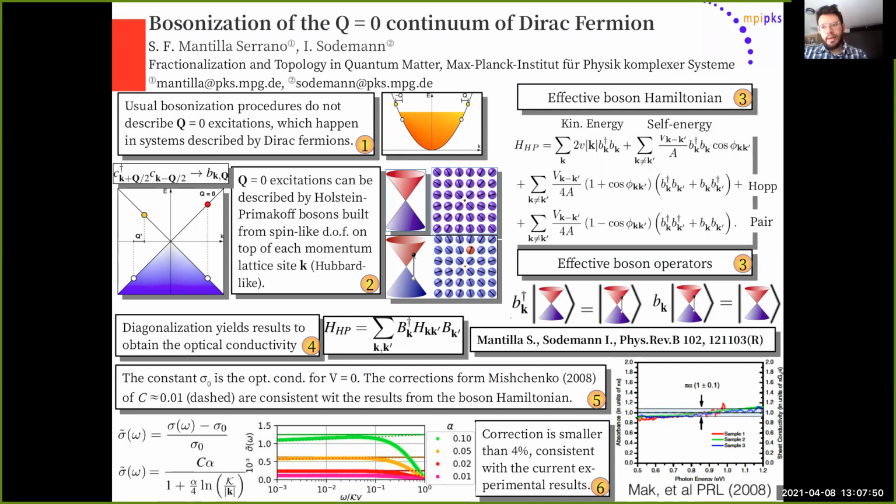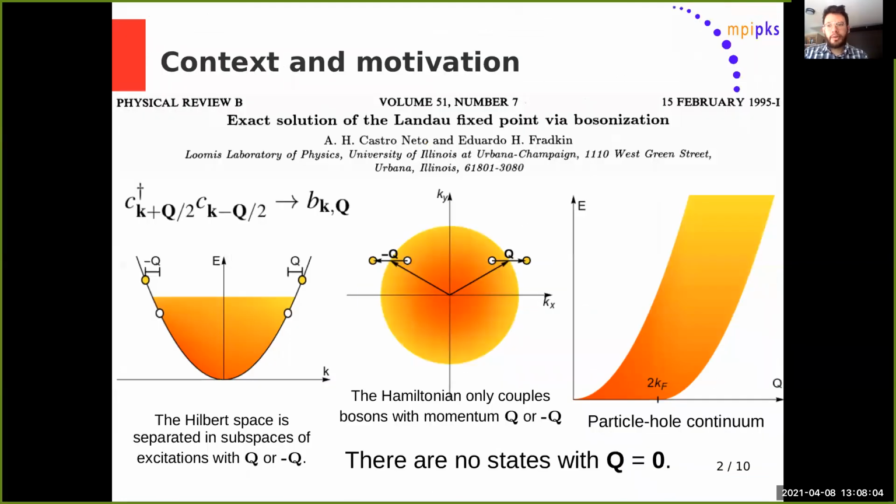So this poster consists of a method that we propose to do bosonization in systems where it is not usual to do it, like for instance Dirac Fermion systems. But before checking the method, it's important to take into account that perhaps some of you may know that when you use bosonization,